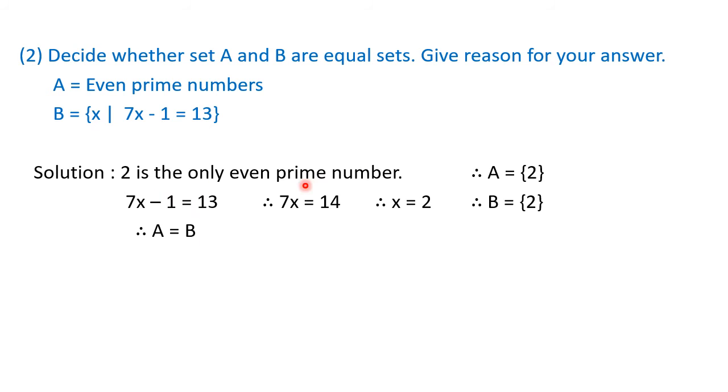You have to write down the justification, that why A contains 2. So the answer is this. Reason I need to write. For the value of B here also, why is it written 2? Because we have solved the equation and we found the value. So you have to write down all these steps here. Let's go towards the next question.